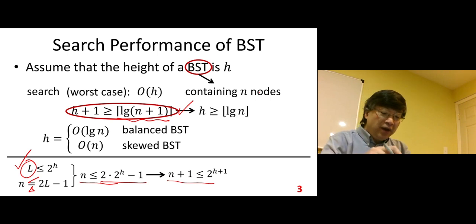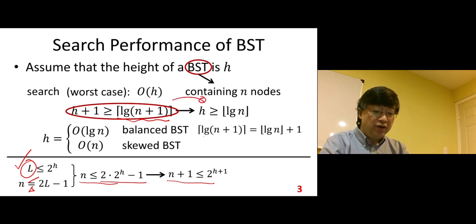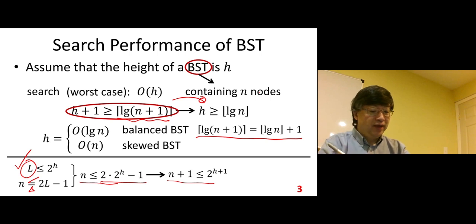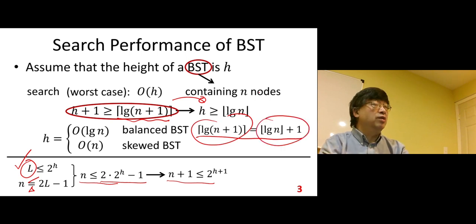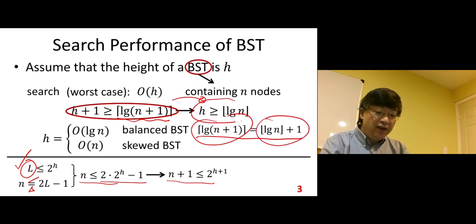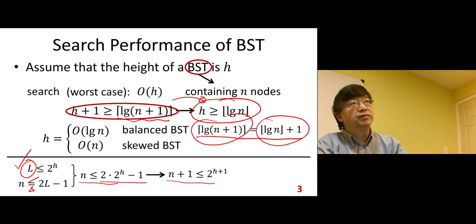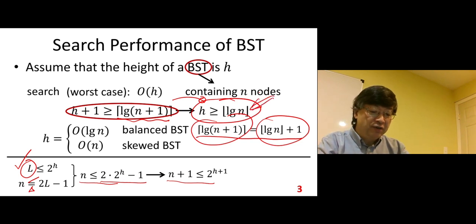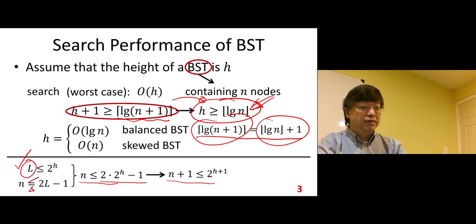But here we can get a simplification. This is a simplified version of that one, because we use this formula. Remember the ceiling function. This can be simplified as this one. So finally, we have this formula. This is the final version of the height for a binary tree,